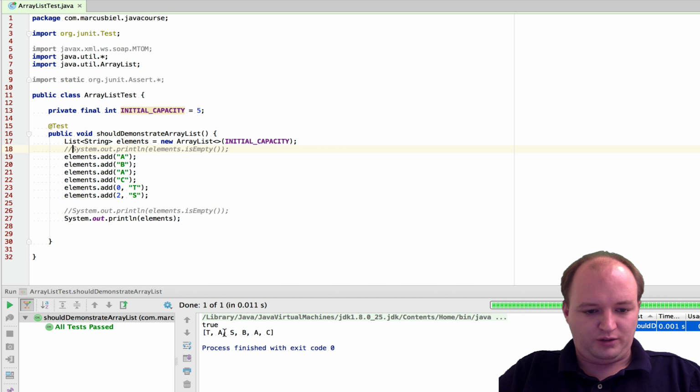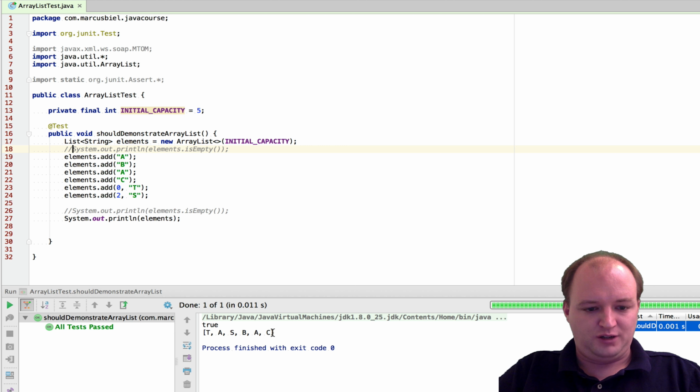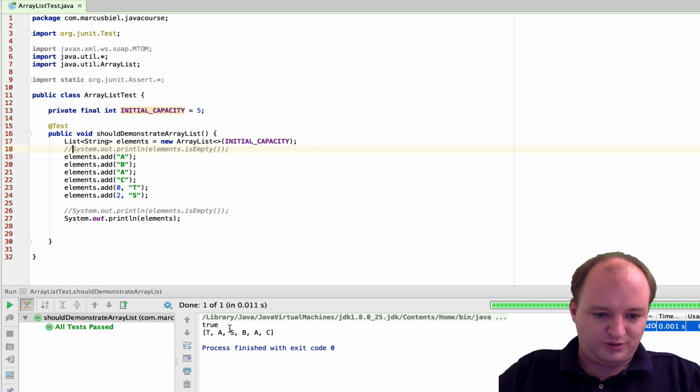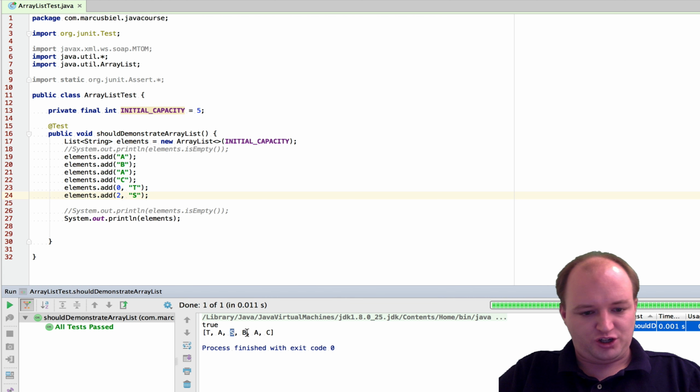And this is why it's nice to see it like this in one line, because you see this is all shifted to the right, which when I remove an element, the opposite happens. Like if I remove the s, everything will be shifted to the left. But let's see this later. Okay, and we added the s at index 2. So now this is index 0, 1, and 2, which again shifted the rest to the right.